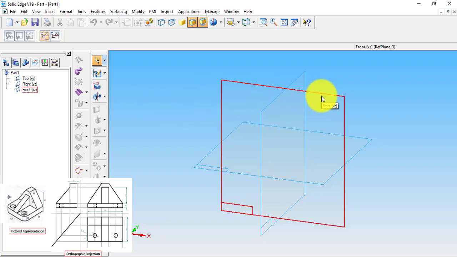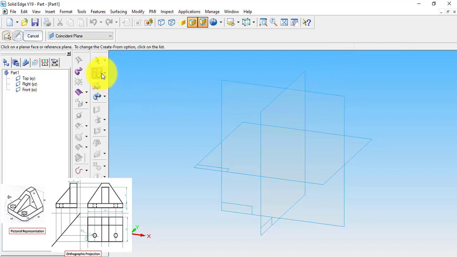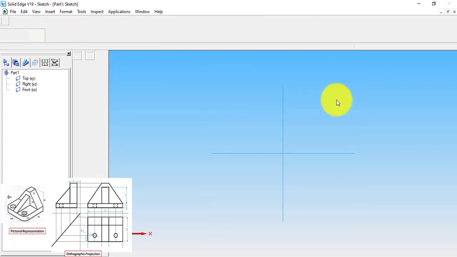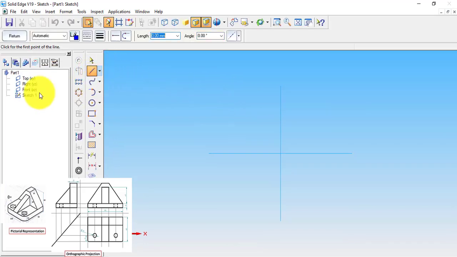In order to initiate the process, we need to choose the create a sketch option and select the corresponding plane for it. I have chosen the front plane and we will start now. Basically the front view of the diagram, as you can see here, should be drawn in this field. The horizontal distance is 100 mm, 0 degrees, and a small vertical distance of 10 mm is present. So this is 100 mm and this is 10 mm.